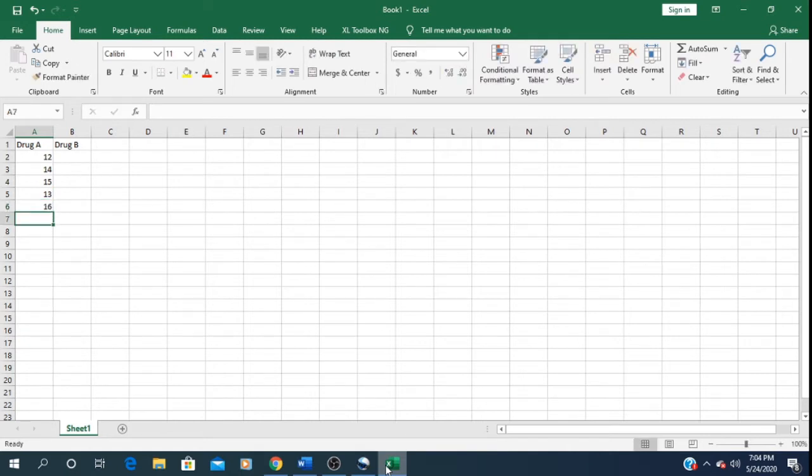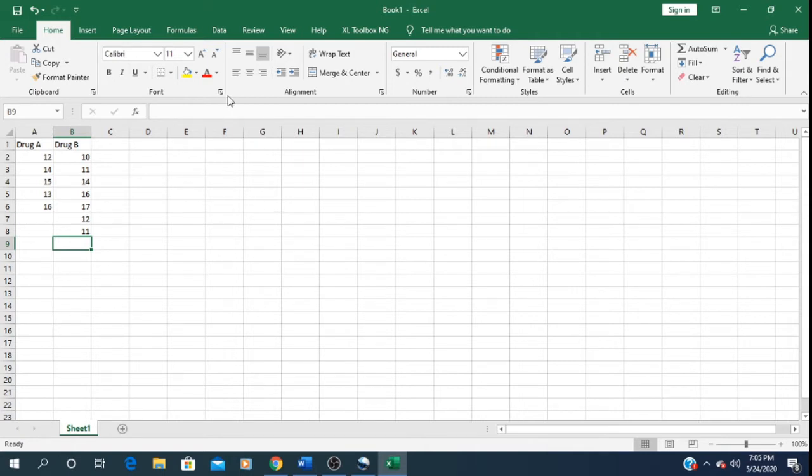So, for drug A, the company has collected data from 5 respondents, and for drug B, they have collected data from 7 and they have lost weight such as 10 kg, 11, 14, 16, 17, 12 and 11. So we have this data and we have to calculate the t-test. So there is a way to calculate t-test.